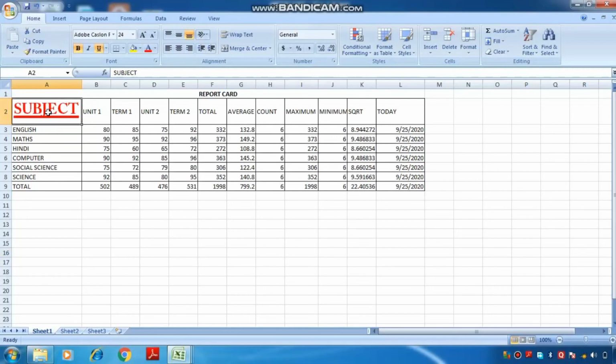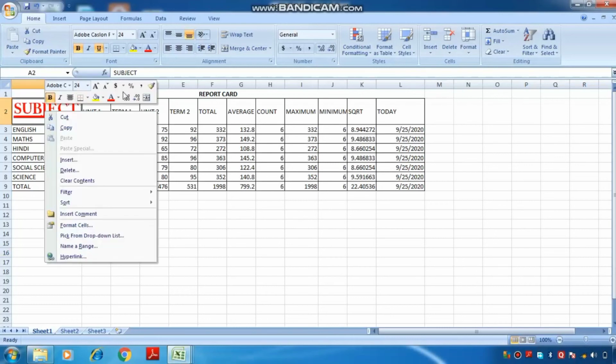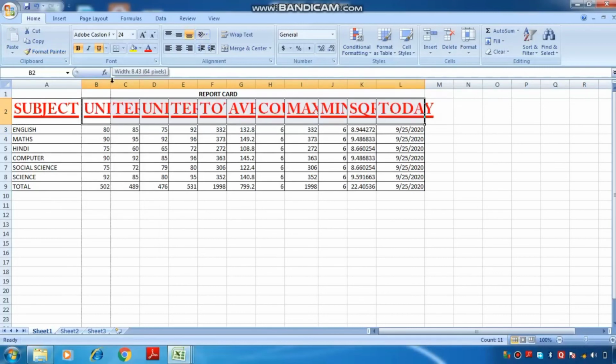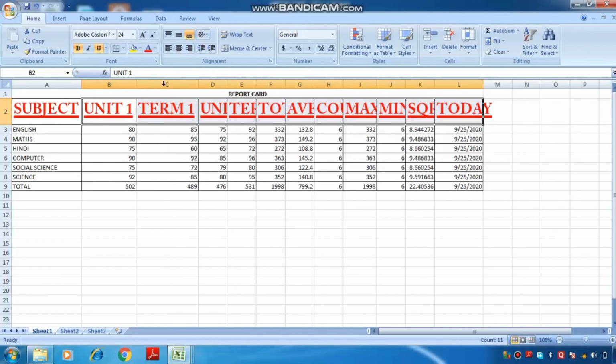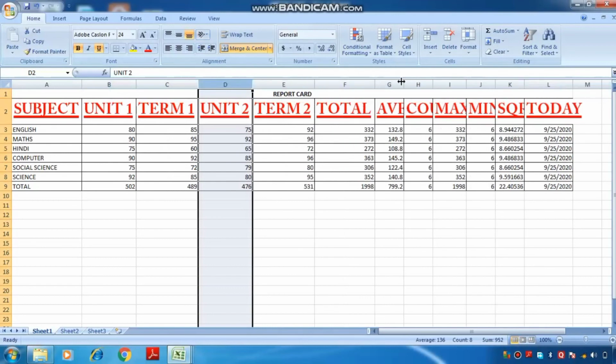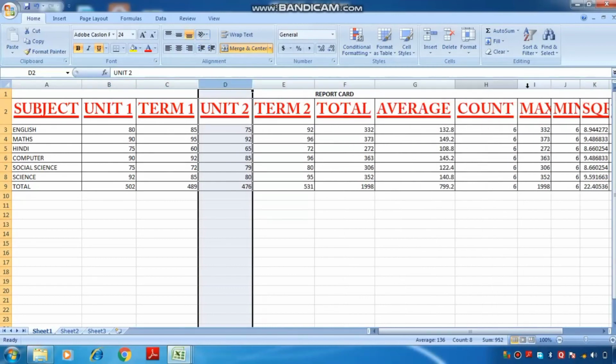Here I can perform some text formatting options. If you want to perform this on all the remaining cells, you just have to do one thing. Right click on that cell, select the format painter from here and apply this to all the cells like this. Select the cells. Here you have seen all the headings are converted into the larger one, means your text formatting options can be applied over here. Hope you all are clear with this.